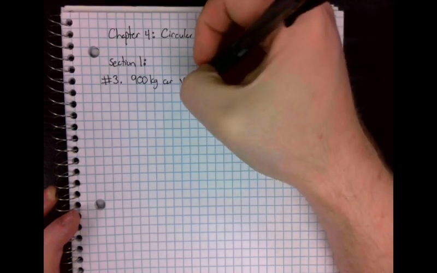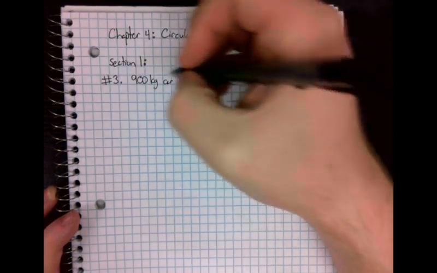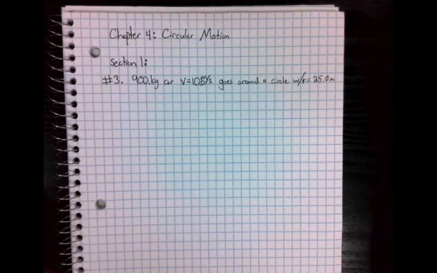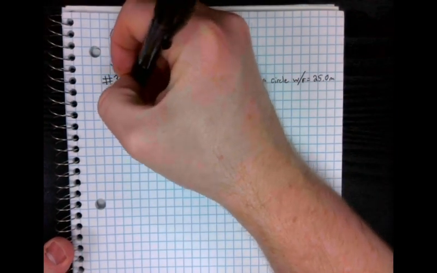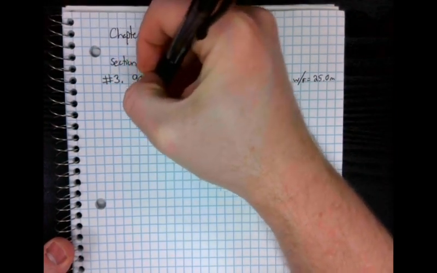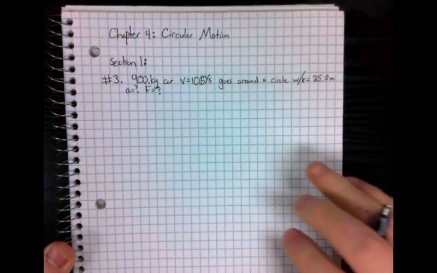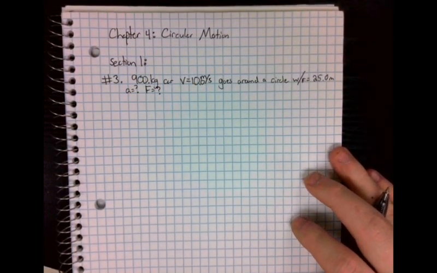And this is 10.0 meters per second, and this is 900 point, just for sig fig purposes. Don't want to miss those pieces. And then the question is, what is the acceleration and what is the force acting upon the